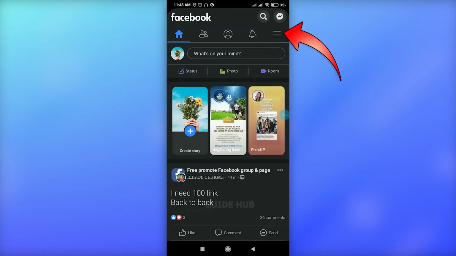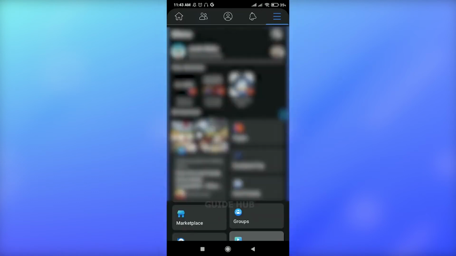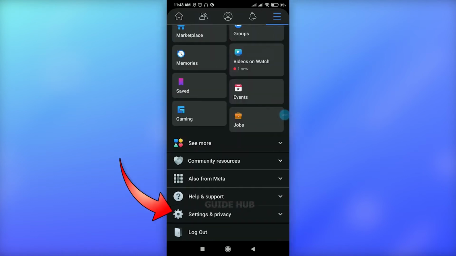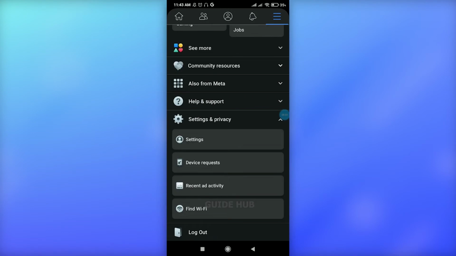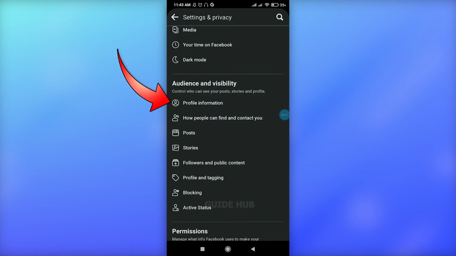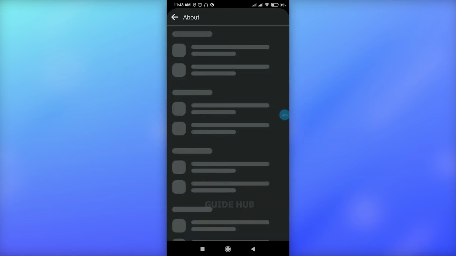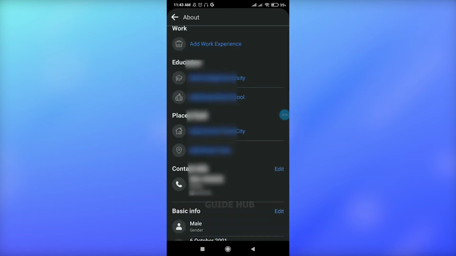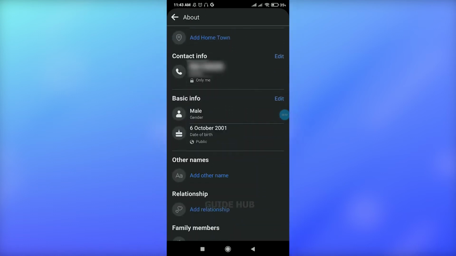And just tap on this three line at the top right. And just scroll down and tap on this settings and privacy bar. And again tap on this settings option and scroll down. Here in the audience and visibility, you will see a profile information there at the top. Just tap on this profile information, and once you enter here, just scroll down below, and in this basic information